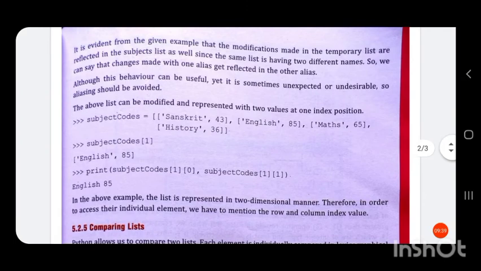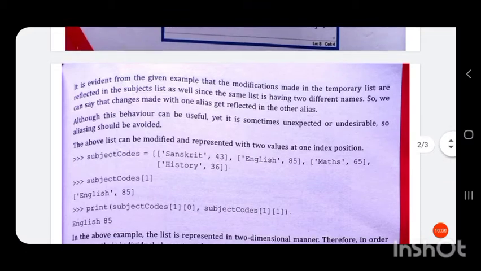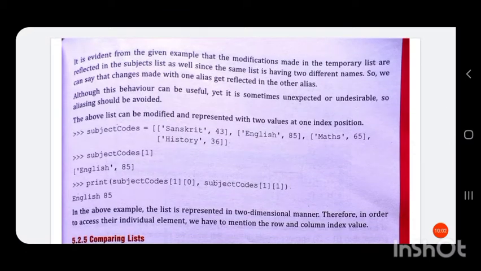It is evident from the given example that the modifications made in the temporary list are reflected in the subjects list as well, since the same list has two different names.